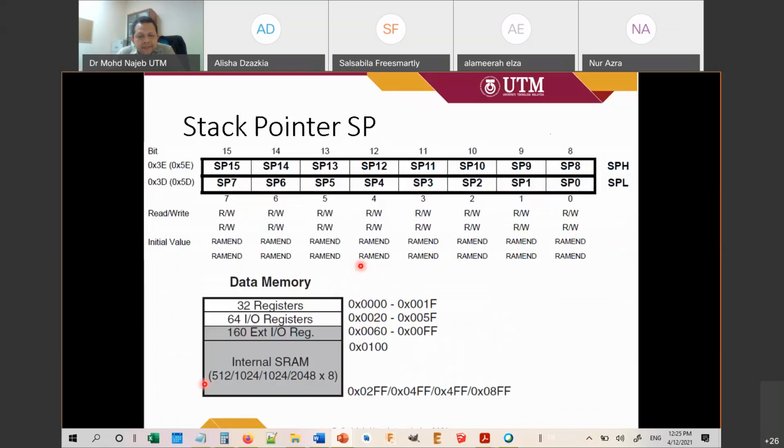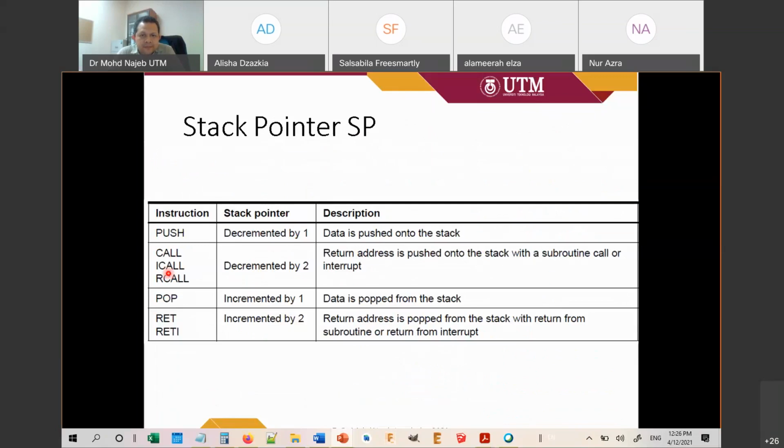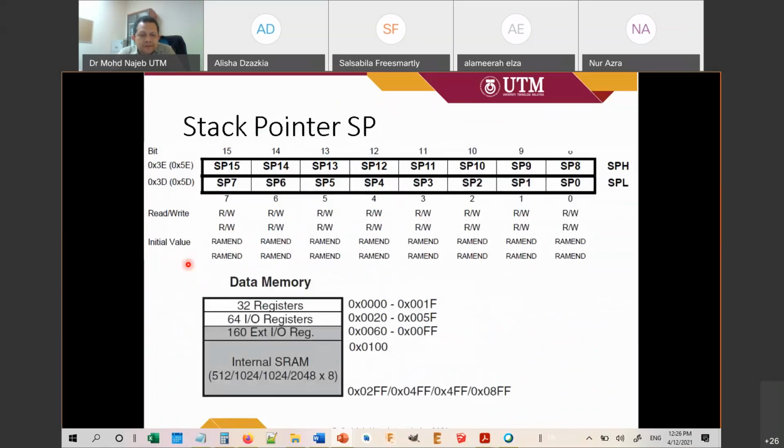So basically, when an interrupt happens or a subroutine is called, the first thing, before you do the push and finally the pop, is that the microprocessor will automatically store your program counter at the end of your stack pointer. It will store your program counter first. Why? Because after you finish all your program,